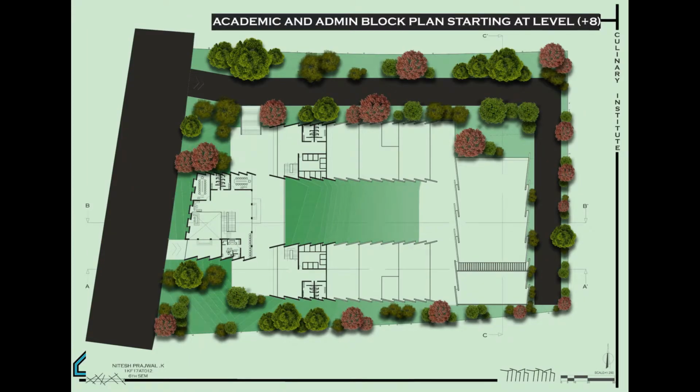Here, the admin block and academic blocks are placed at the same level, +8, where there is another entrance from the admin block which leads to the academic block, where there is a lobby and a faculty office. There is an entry to the admin where it leads to a waiting lounge and stairways to the library, and down stairways to the main entrance from the main road, reception desk, and clerk's office and waiting.